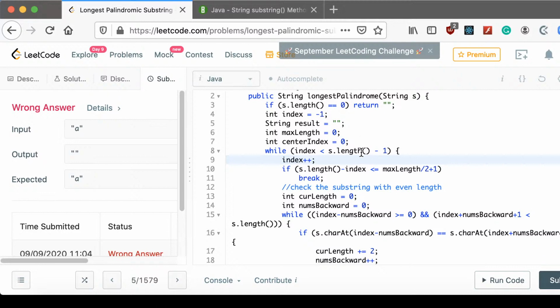So it happens when it's at the edge border where we have only one character. When we run to 2, we have to